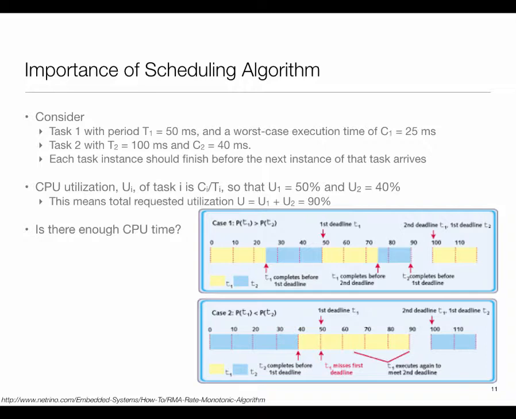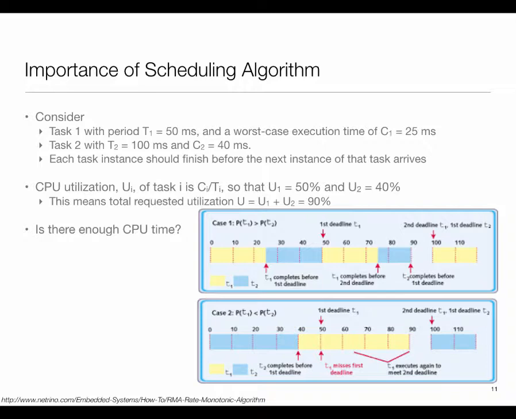I'm sure you can reason here that since task 1 is the higher priority, whenever it arrives, it will get the CPU. And since it needs time 25, it will always meet its deadline. Okay, so that's what's happening. Next copy of task 1 came at time 50, it will finish at 75. The next one will come at 100, and will finish at 125.